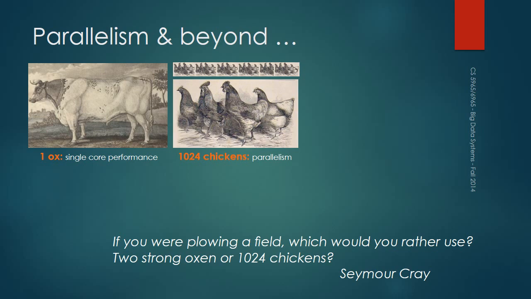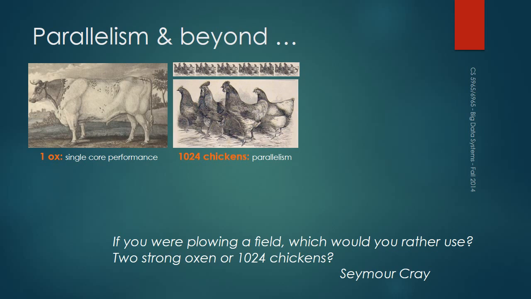If, let's say, you had a field and there were grains scattered on it, and I wanted to clean it up, here you go, 1,000 chickens left out there, give them some time, they'll wipe it clean. Because they don't need to synchronize that much with each other. They're all eating small bits at the same time. So what is important here is to understand in which situation the ox is going to be better, and in which situation a lot of chickens which are individually weak are going to work better.